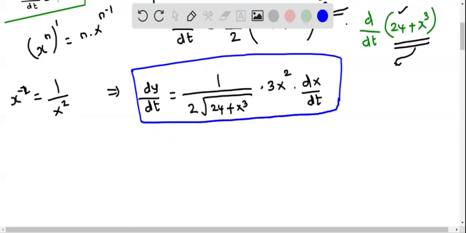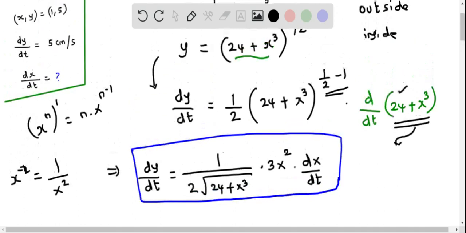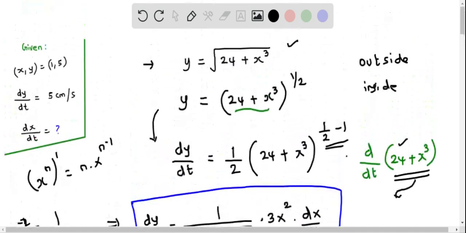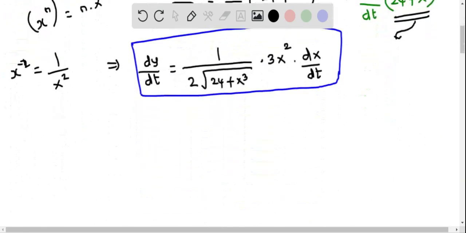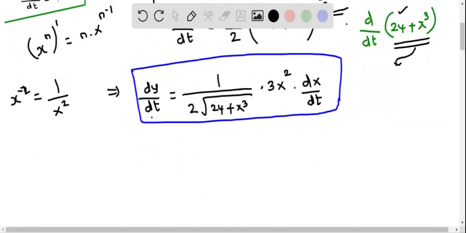So let's solve this. Or else we can also plug in the values which we know, and after plugging the values we can determine the dx over dt. So let me do that. We know that dy over dt is 5 centimeter per second. I'm going to replace it over here. That is dy over dt. I just put only the numbers, which is equal to 5, and this divided by 1 over 2 times of